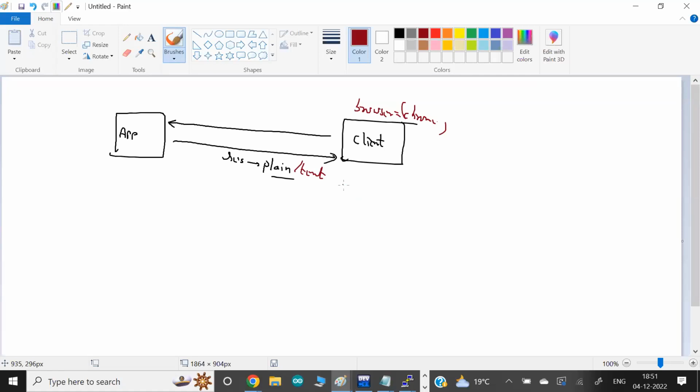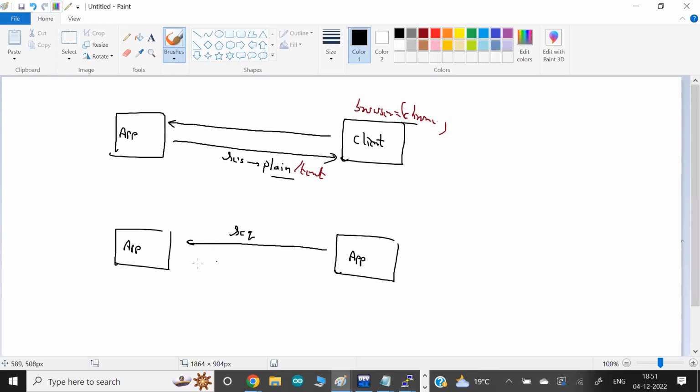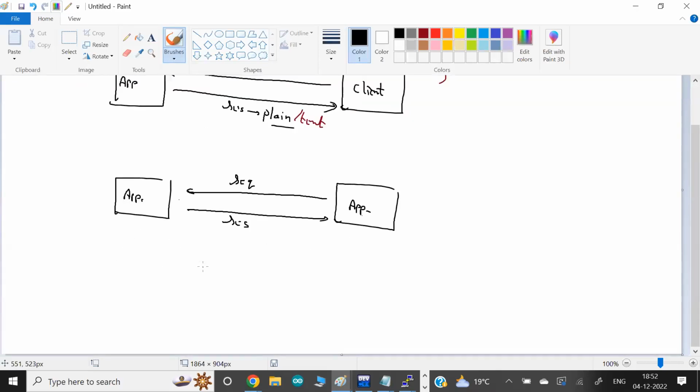But if one app is trying to communicate with another app, and we have a lot of use cases like this, the apps send requests and responses. Both sides could be services, maybe microservices, which are a very common thing. One microservice sends a request to another service, using the same URL we use to connect.